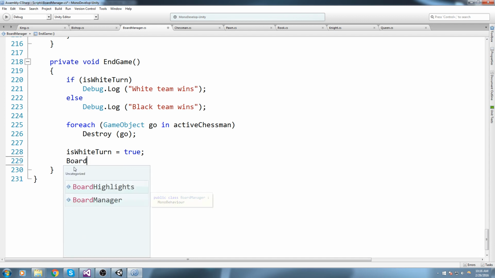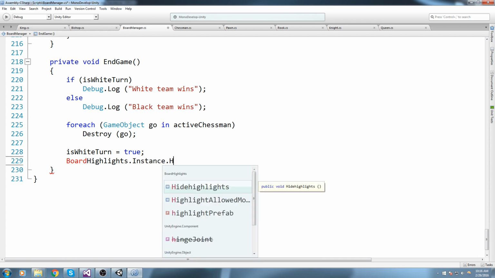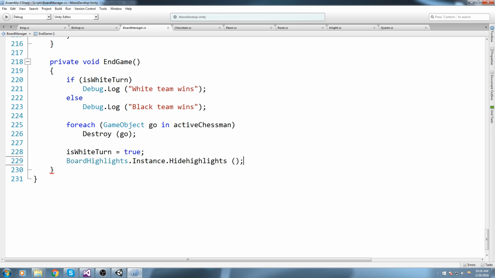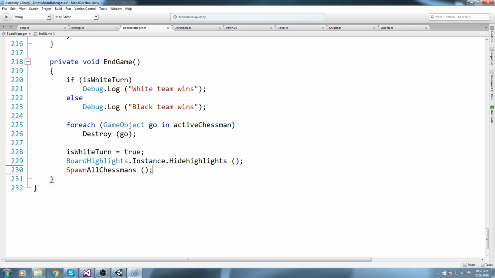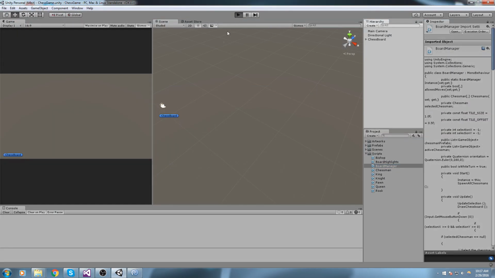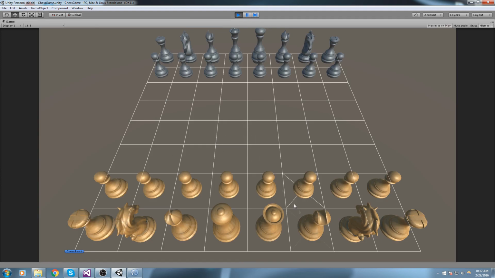Board highlights instance hide highlights. So we're going to start really clean and fresh, and finally do a spawn all chessman. Okay, let's go for a really quick win. I'm going to bring this guy here,